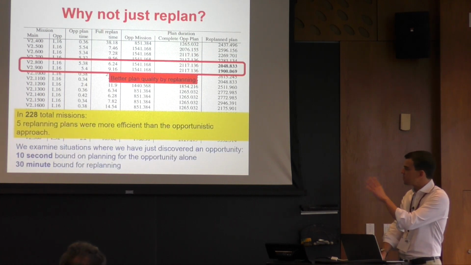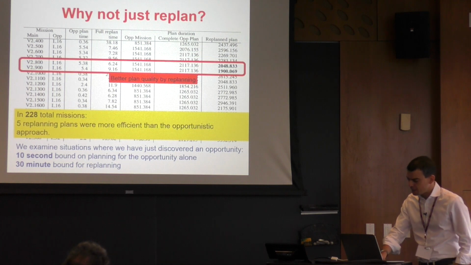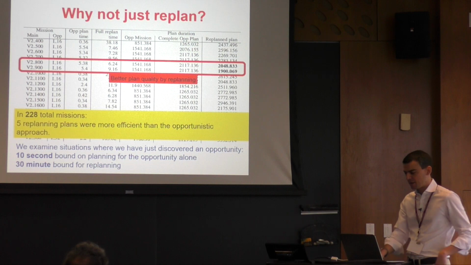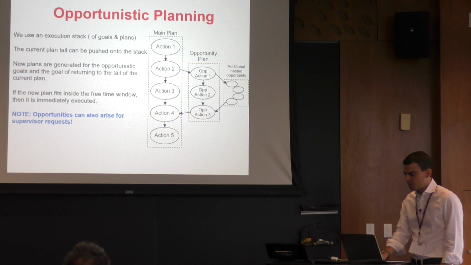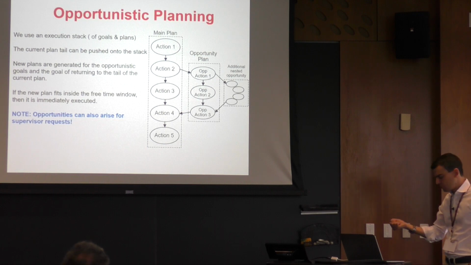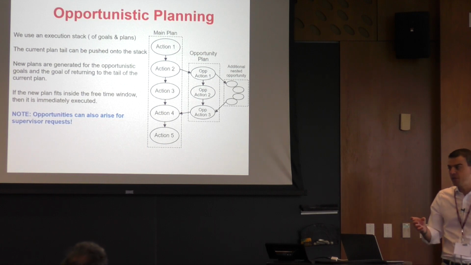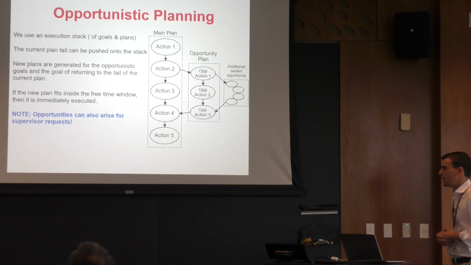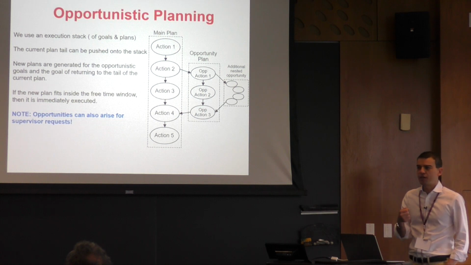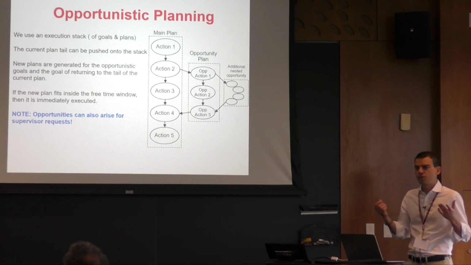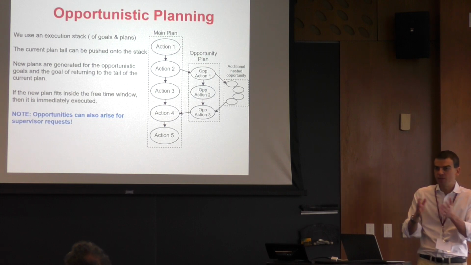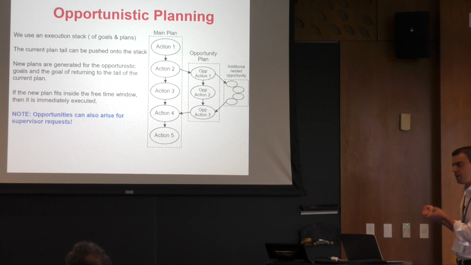Okay, so we did some more tests, but the idea is that in many real applications you need to handle just the opportunity rather than replanning from scratch. An important point here is that in the AUV domain, opportunities arise basically every time you spot a new object or a new chain. However, in many other scenarios, particularly with drones, opportunities can also arise from supervisor requests. So the supervisor tells you, I want you to achieve this new goal. And then you need to understand whether you can deviate from the current plan, solve the new goal, and then get back to the plan.